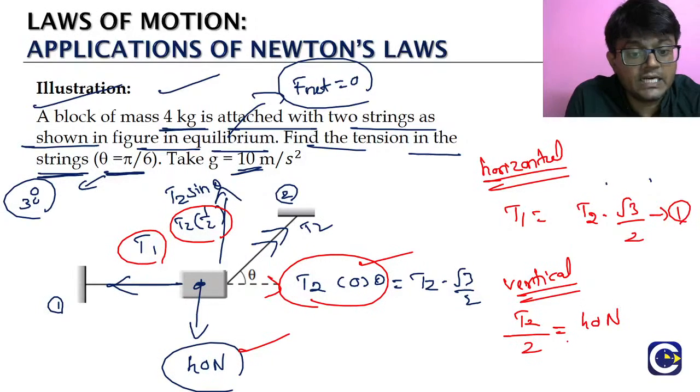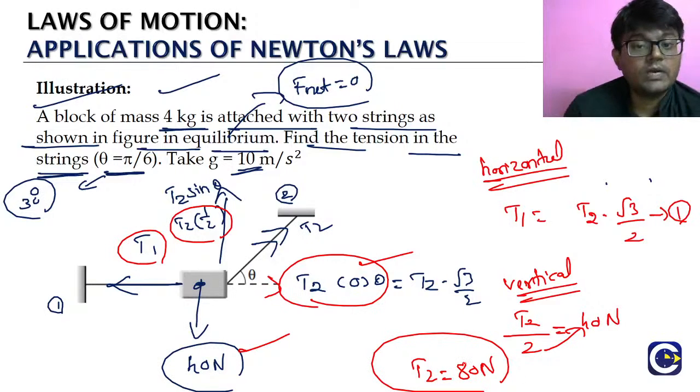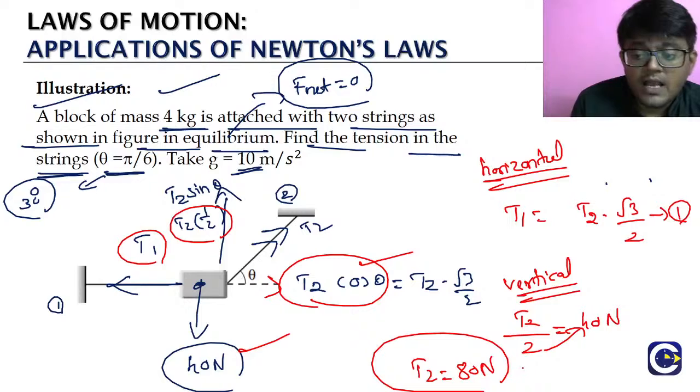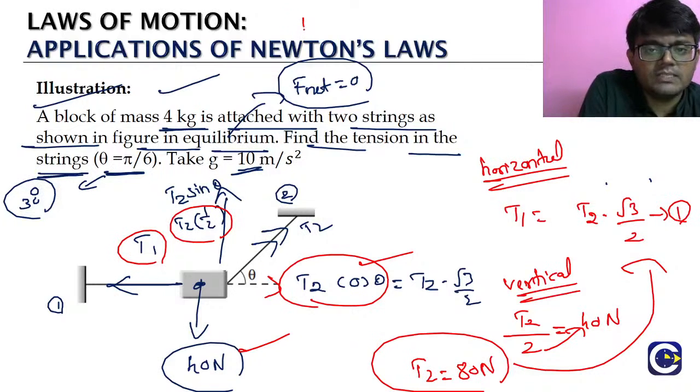the downwards. What is there downwards? Weight, right? 40 newtons. So from this we get the value of T2 straight away. T2 is what? 2 goes to the other side, it will go to the numerator, so 2 into 40 is 80. So we got the T2 value. What is the T2 value? 80 newtons, okay? Take that and put it in equation 1. So the T1 value: T1 is equal to T2, 80 into √3/2, okay? So the 2s cancel, 2 40s,